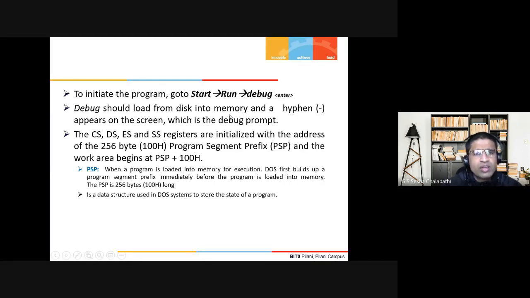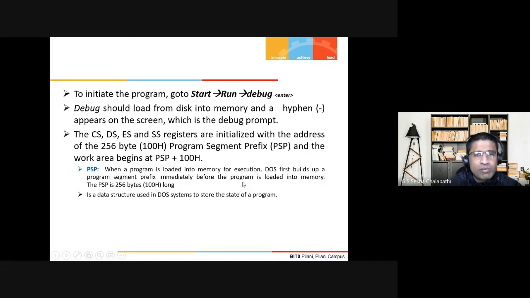The first 256 bytes in .MODEL TINY will have the PSP, that is the program segment prefix. It is a data structure which is used by DOS systems to store the state of the program.